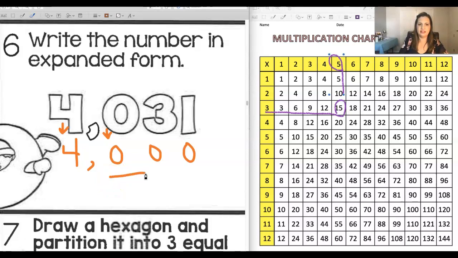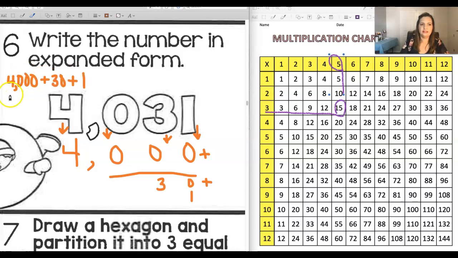What you could do instead is just draw a line which just shows that that was a 0. Then you go to the next one, the 3, bring it straight down. Remember, it has to come straight down, and this number will turn to a 0. And then you'll bring the 1 straight down, and there's nothing after it. And then all you do is put a plus sign after each number except for the last one. And then you're going to write it horizontally in a large addition problem. And that's expanded form. 4,000 plus 30